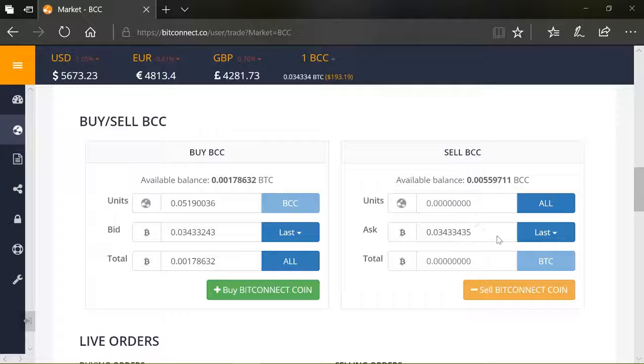You can also edit these numbers around here by changing it from last to bid. So you can bid or you can ask. Now, they're very different things. The easiest way of doing it is to say last, but what we're doing today, we're not selling, we are now buying Bitconnect coins. So we need to go over this area here. So the last bid, let's click on last. Find the drop down menu. So the last figure here is